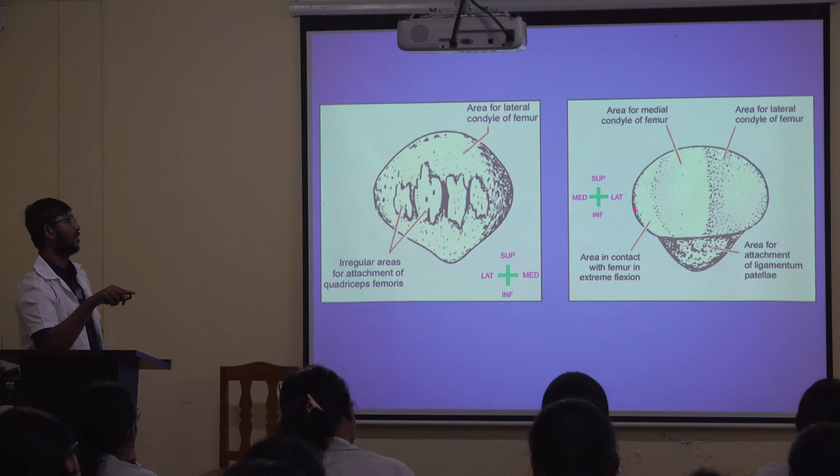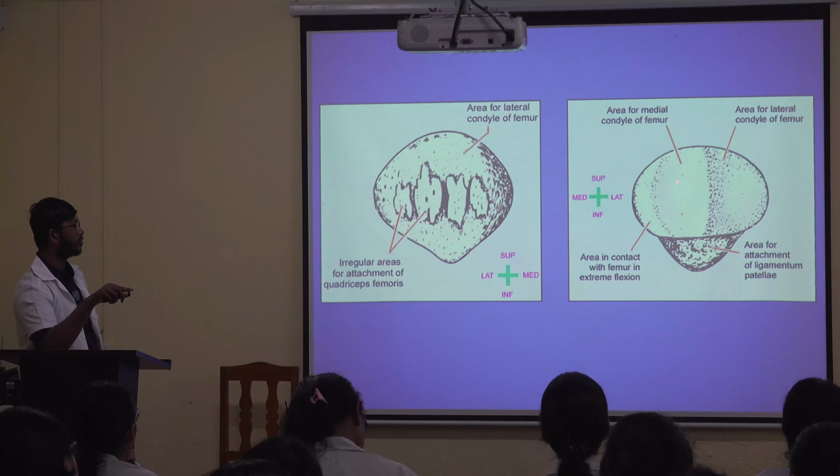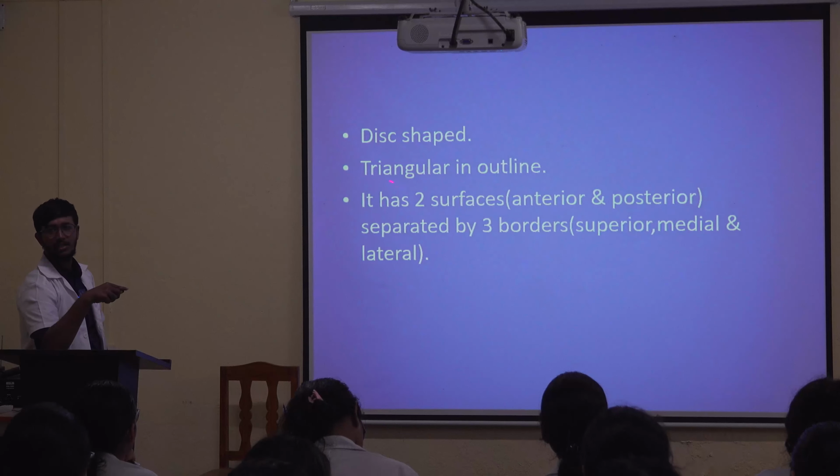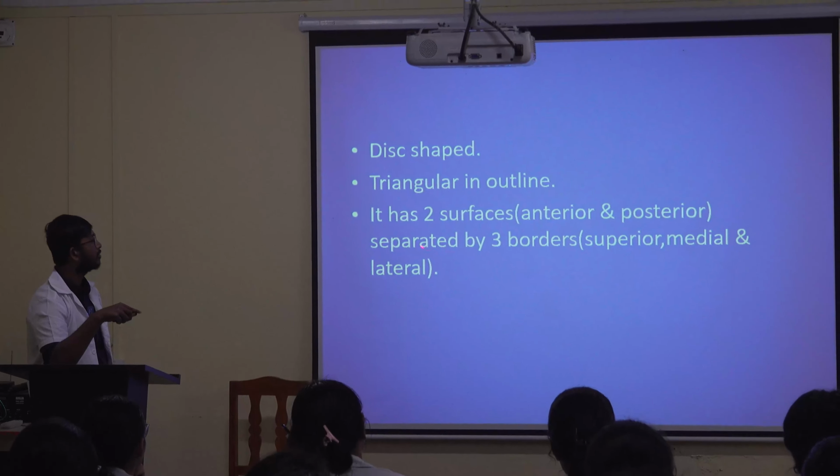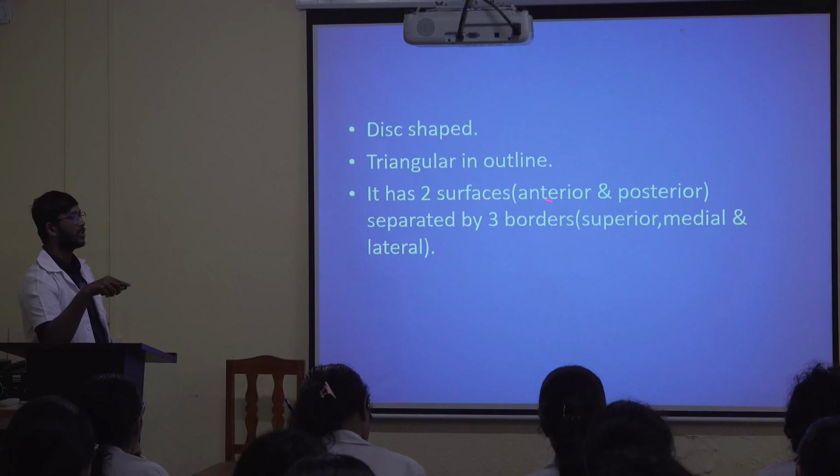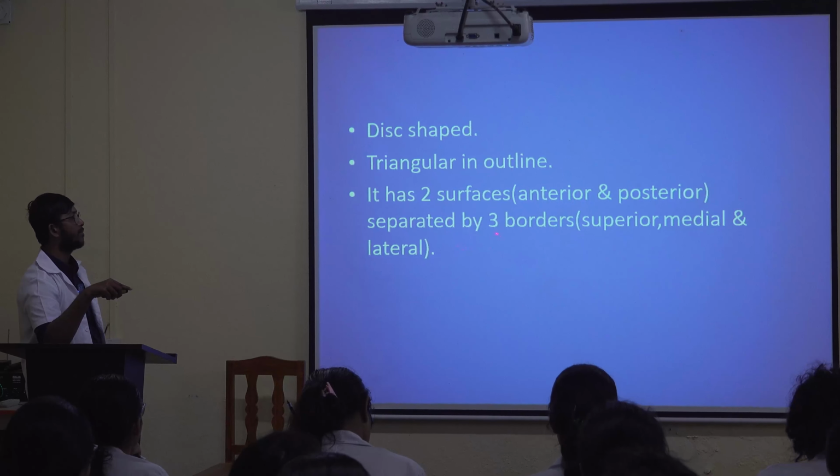From this picture, you may think that this is the larger part, but actually this is the smaller part. This is the larger part. So this is the larger lateral part, and this is the smaller medial part, which again has the medial surface. So now the patella is a disc-shaped bone, triangular in outline, with two surfaces, anterior and posterior, separated by three